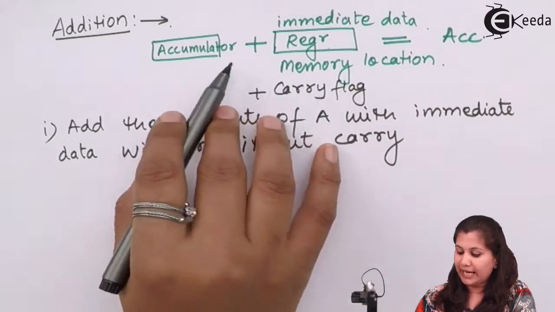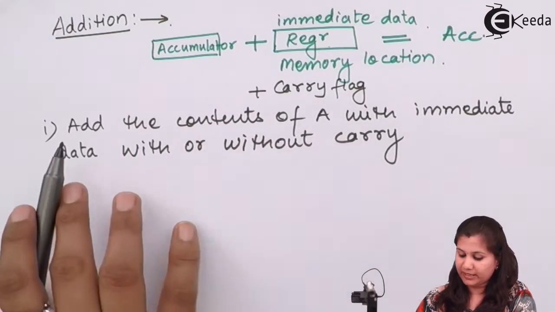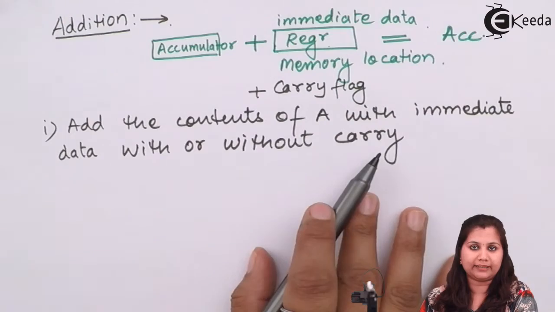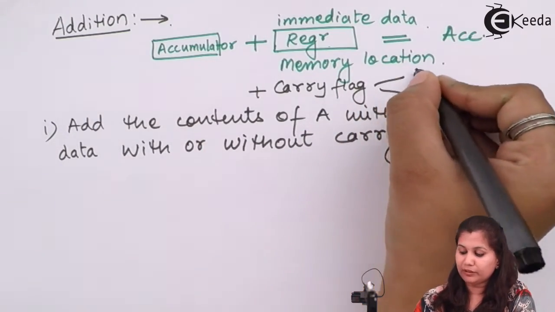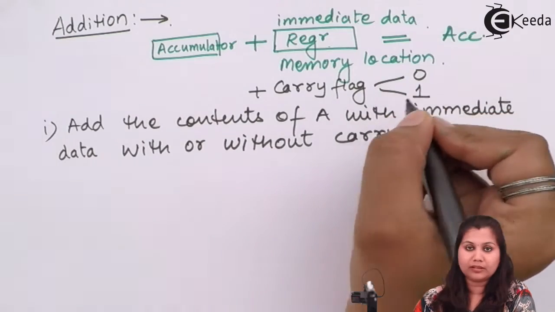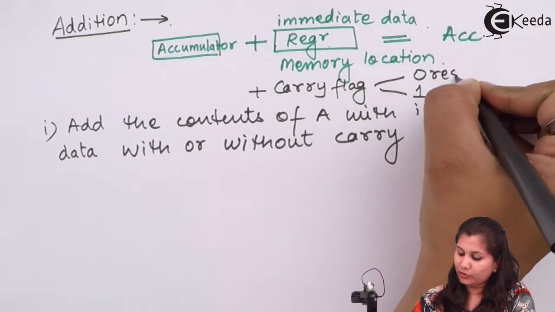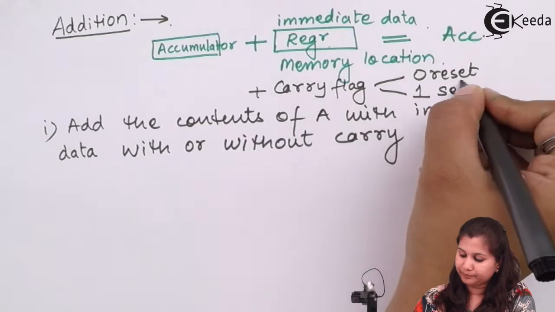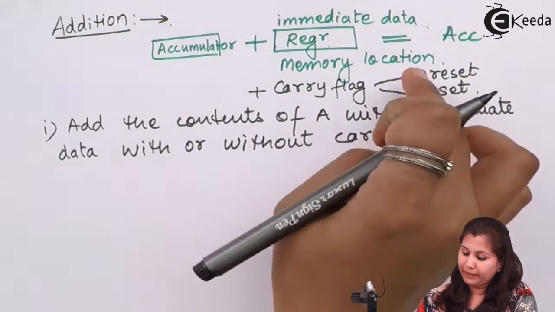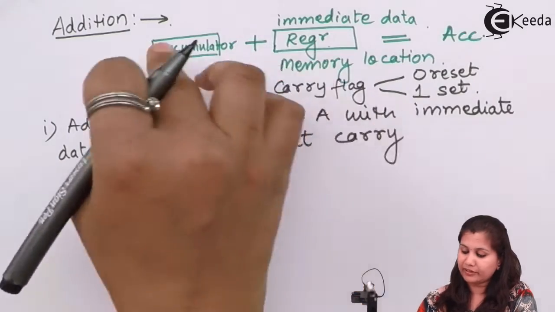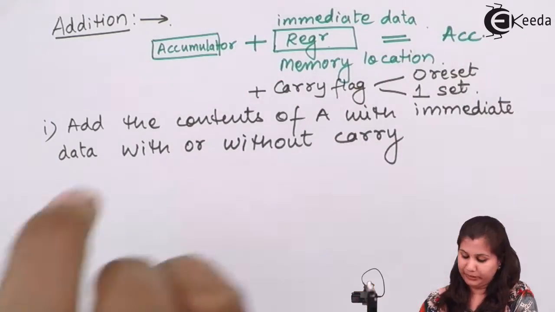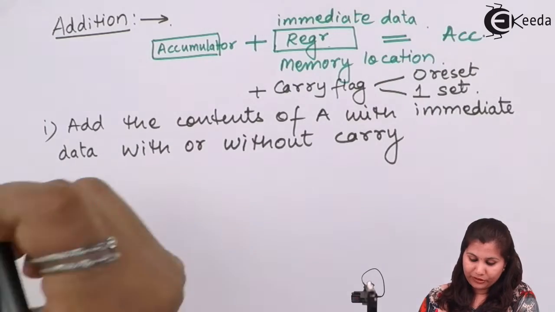When the carry flag is not used, then we say that we are adding without carry. The carry flag can have two values, either 0 or 1, meaning either it will be reset or it will be set. So depending upon the status of the carry flag, the addition will take place and the result is stored in the accumulator. Example of this is,